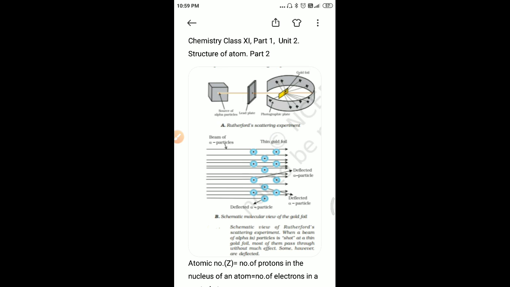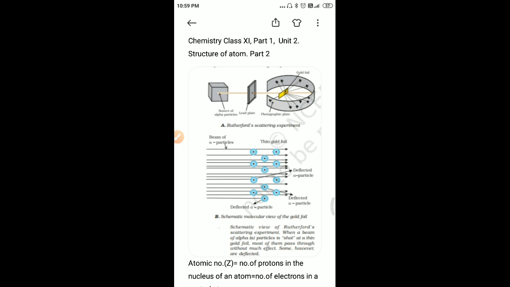According to this nuclear model of the atom, the positive charge and most of the mass of the atom was densely concentrated in an extremely small region. This very small portion of the atom was called the nucleus. The nucleus is surrounded by electrons that move around it with very high speed in circular paths called orbits. Thus the Rutherford model of the atom resembles a solar system.